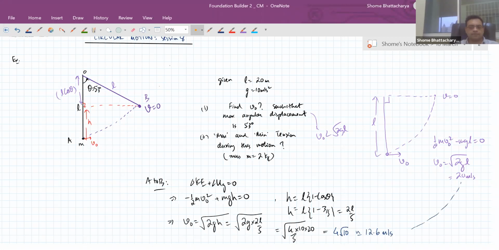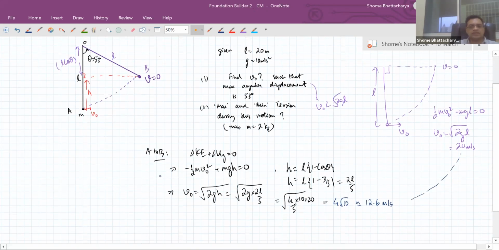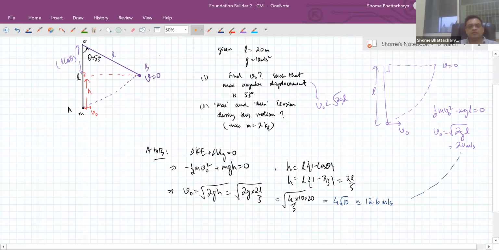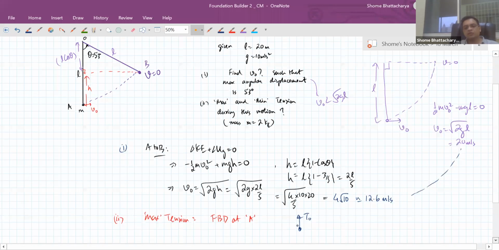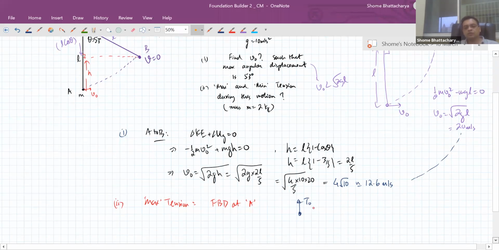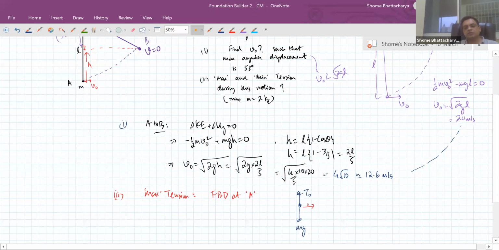Yes. Okay, Deep, very good. So this is the first part. Now, secondly, you can see that for the maximum tension we will look at the free body diagram at which point? At the point A, when the particle started off, because that is when the centripetal acceleration is maximum, and that is when the tension is acting diametrically opposite mg. Okay, and the particle was going off with the speed v naught in the circular path.